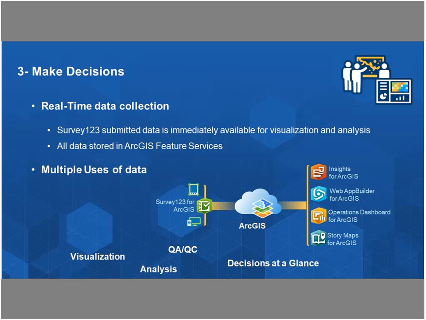I think most importantly, though, with Survey123, as you're collecting your data, it's immediately available to other applications that you might want to leverage. So maybe you want to do QA/QC on the data that's coming in. You could build a little web app in the web app builder, and someone would have editing access to the data as it comes in, and they can validate whether it's good data or not and make necessary changes. You could also pull that into even just ArcGIS Desktop or Insights for ArcGIS if you wanted to do some